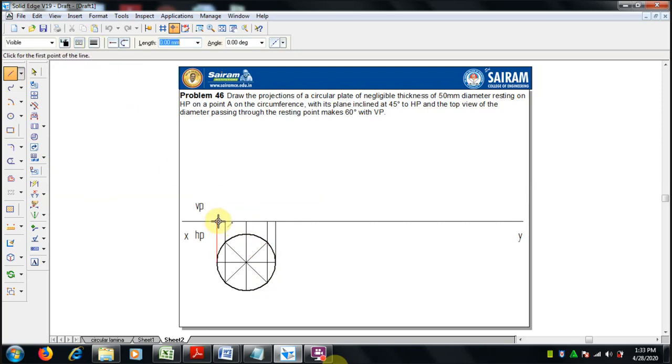So for the front view, join this with a thickness of 0.5 mm and join all this, so that we will get the front view line. Okay. Mention the names for the points.